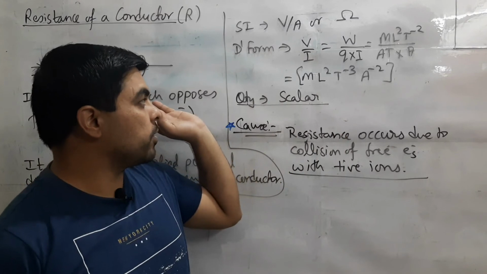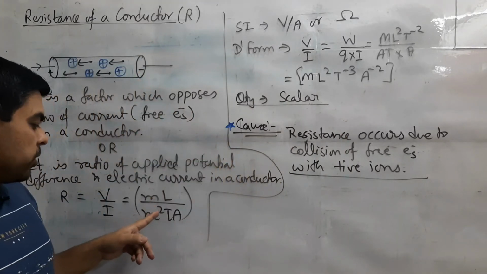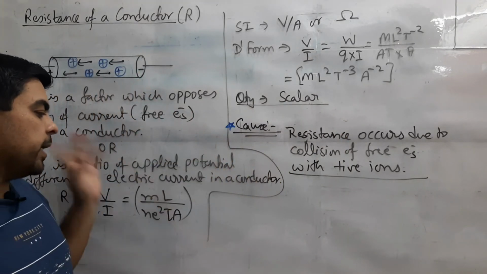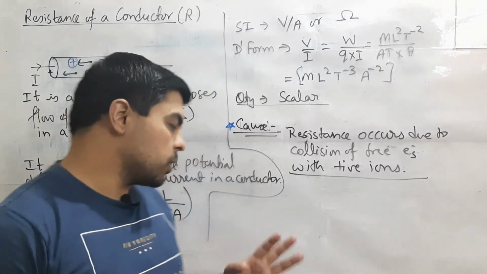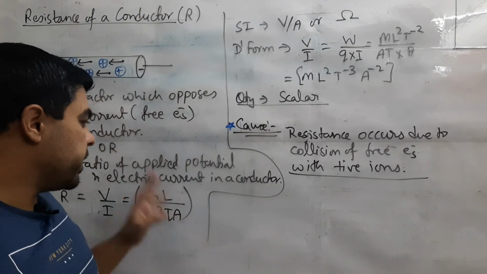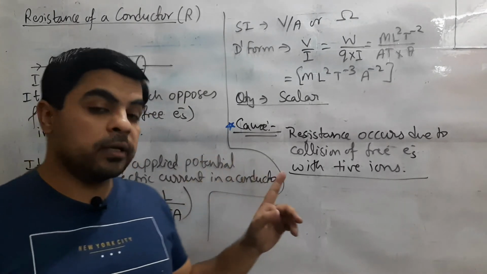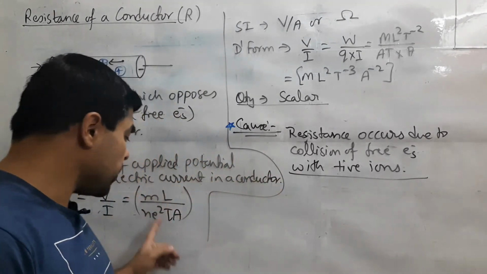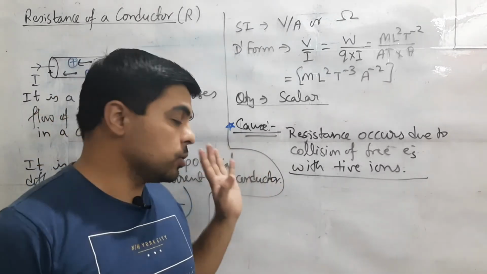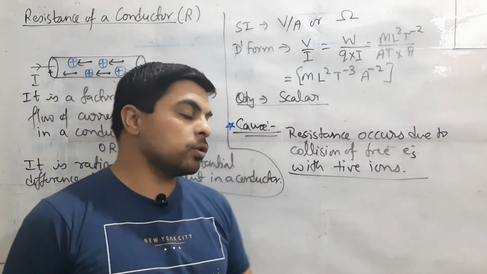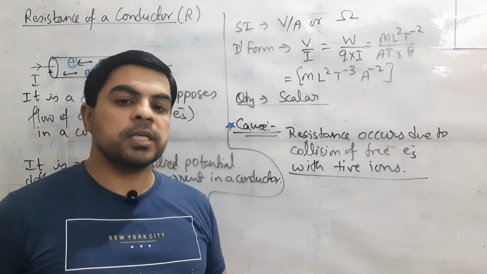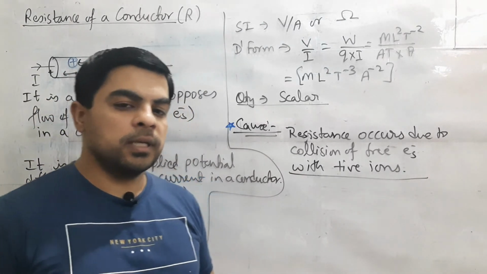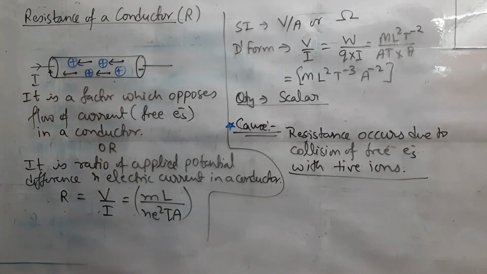We have understood from the formula also that it depends on tau, A and L. M and e will be constant factors for the given material, for the given metal or conductor. L, tau and A will be the factors. Tau here means relaxation time, but it depends on temperature, so we have to take care of the factor temperature also. Length and cross section area also will affect the value of resistance, and how they affect it, that later on we will discuss. Till then you can note down the remaining part.